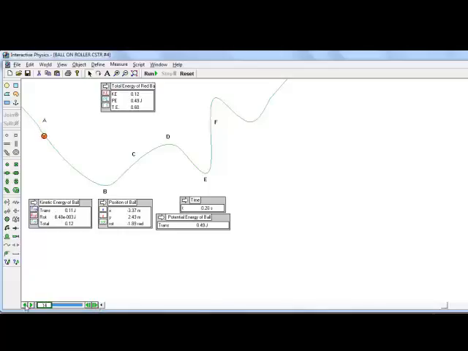Okay, so what we notice now is, again, we have all these different points for the different energies. So I'm going to reset this. Notice we start at point A, and it has a set potential energy and a set kinetic energy. The total energy will also change as we move through this. Okay, and you can try and pick the different points. So you're going to go and record those for the various points. It's a little ambiguous where you are, maybe at a point B and C and whatnot, especially C. B, D, E, and F are pretty straightforward, but C and A can be a little bit tricky.